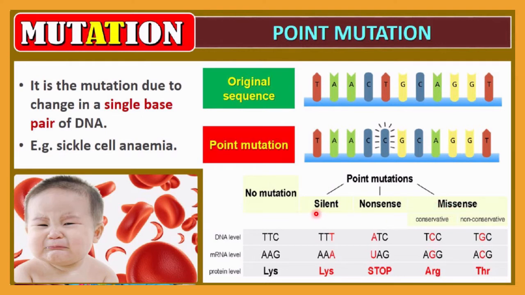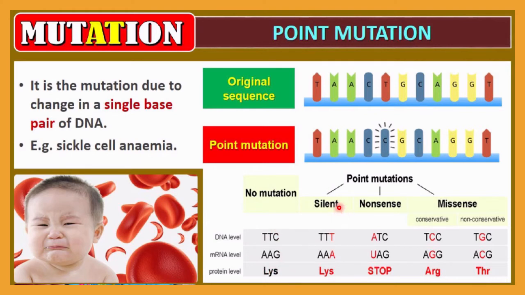Let me discuss that. This is the normal DNA level, TTC here. This is the mRNA from that, AAG, and the protein level is lysine. This is the central dogma. Any organism will show this, because DNA is responsible for the formation of protein via mRNA. Suppose this is a DNA sequence; based on that mRNA will be synthesized, and based on this mRNA, protein will be synthesized. This is the central dogma, the pathway of protein synthesis.